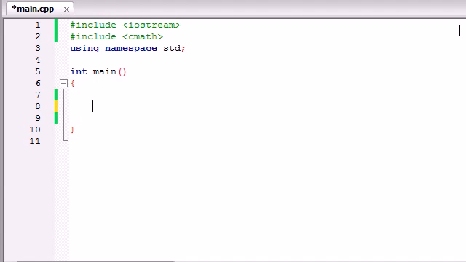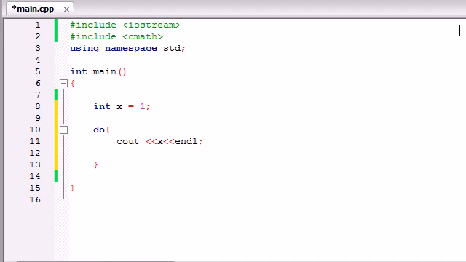So let me show it to you guys, and you will understand better what it means. Let's get a counting variable called x and set it equal to 1. This is our starting point. Now the syntax for a do while loop is do, and then you add some code in the body. So let's print out x. And then after this we need to increment x, or else the loop is going to run forever, so x plus plus. And now immediately after the body, you write while, and then you have your test